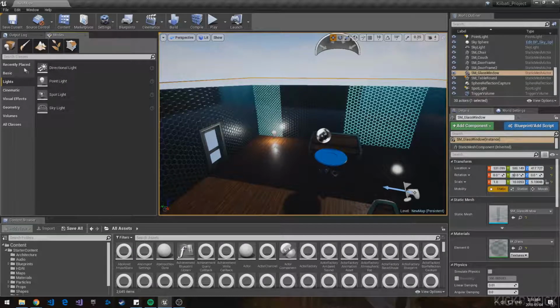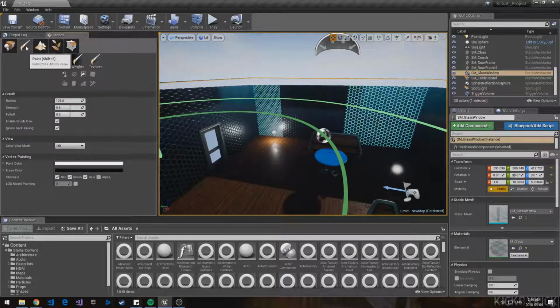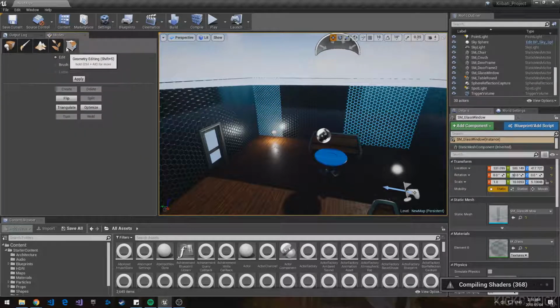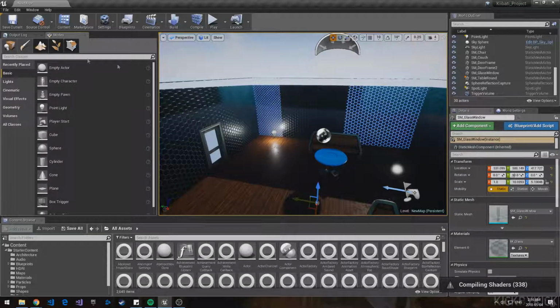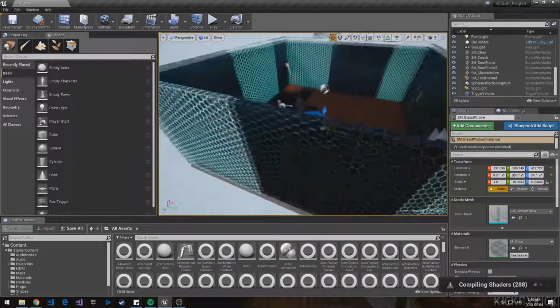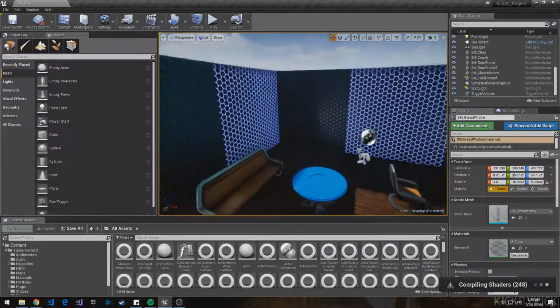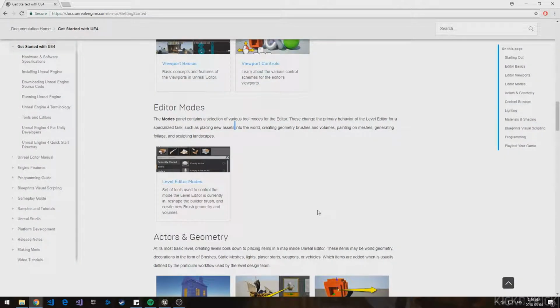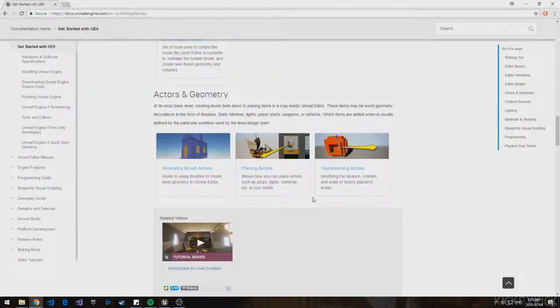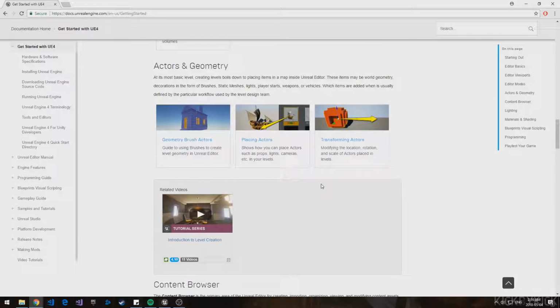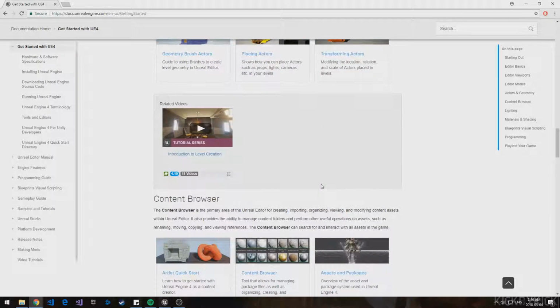We have lights, I'm gonna explain lights later. We have geometry. We can drop triangles, whatever we want. And also there are just several modes. There's a paint mode, there's a landscape mode, and there's a foliage mode, and there's a geometry editing mode. So there's several things that you can do. If you're getting overwhelmed already, don't worry about it. This is just basic stuff. I'm trying not to get too far in the explanation, because we just started this